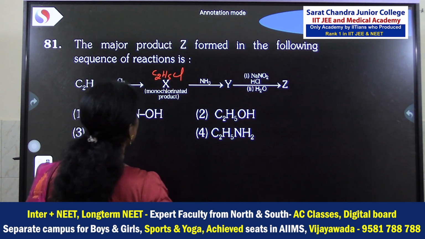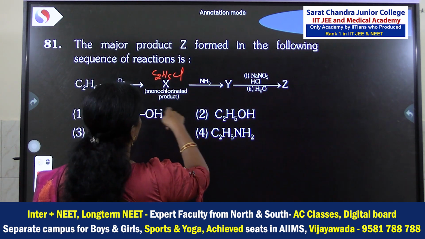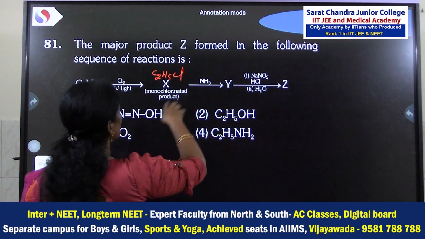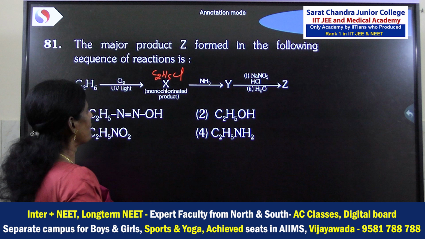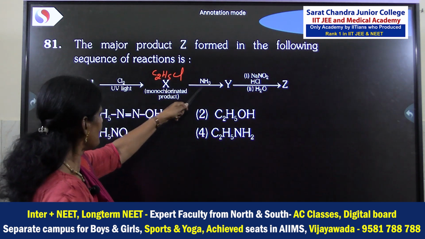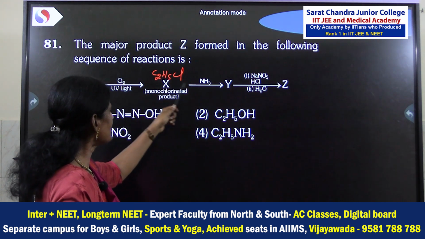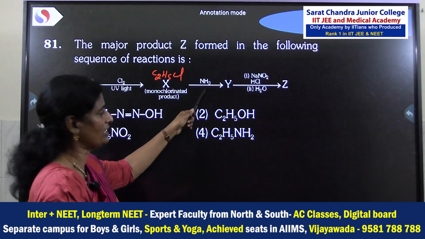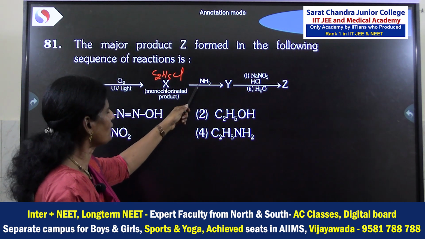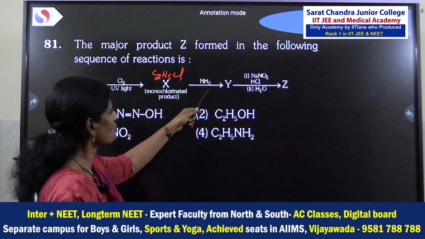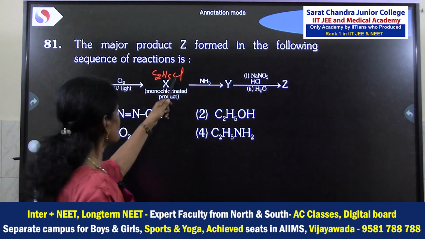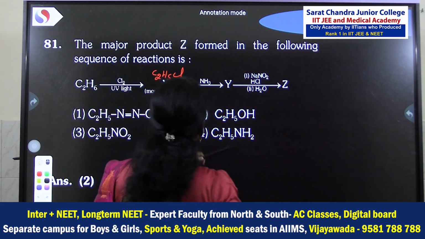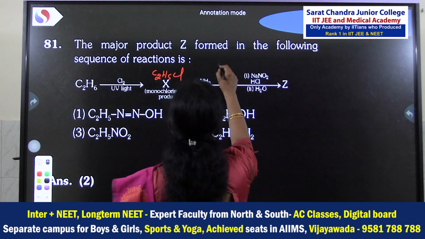And this C2H5Cl, when treated with ammonia, is a nucleophilic substitution. In NH3, what is the nucleophile? NH2 minus and H plus. The nucleophile is NH2 minus. So Cl minus is replaced by NH2 minus. So Y is